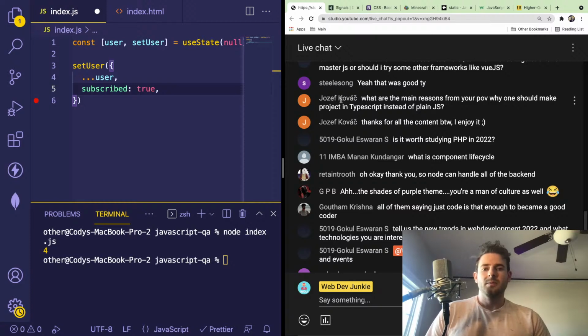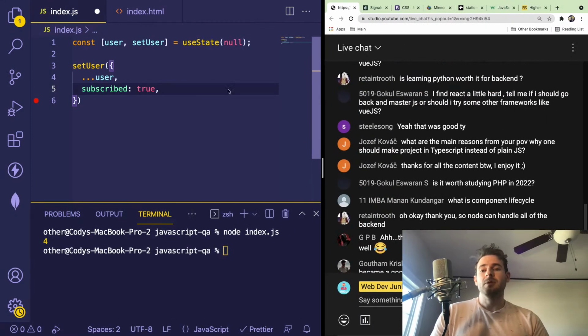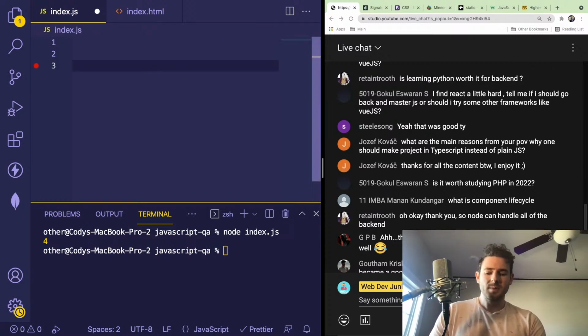Joseph Kovac asks: what are the main reasons from your point of view why one should make a project in TypeScript instead of plain JavaScript? So yeah, if I could start all over, learn from the beginning, I probably would have started with TypeScript because learning with a typed language is much easier, right? So there's so many times in